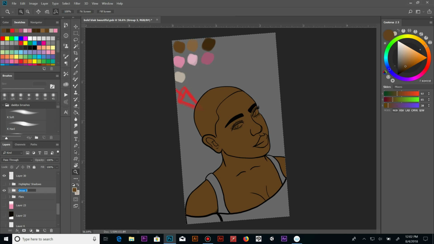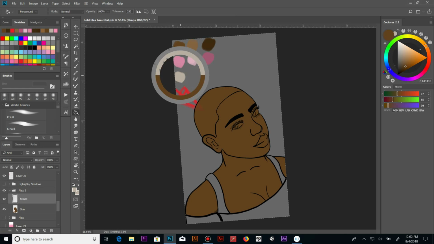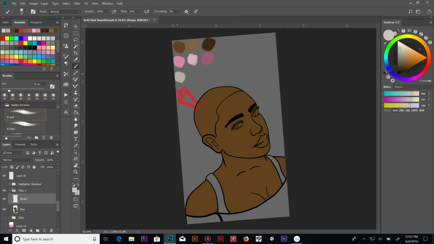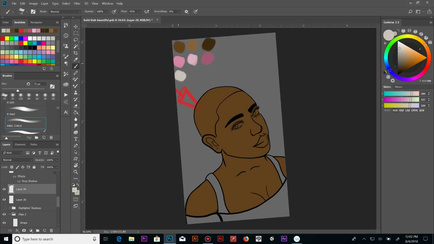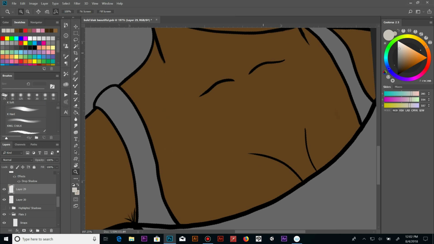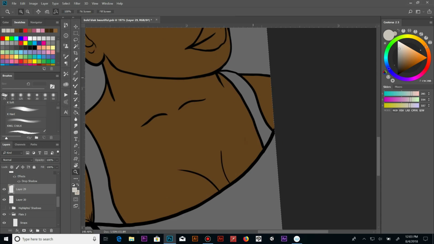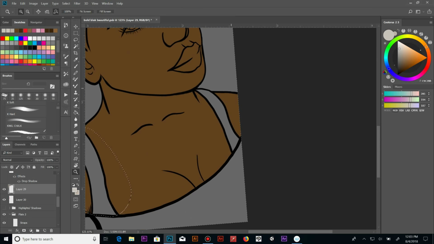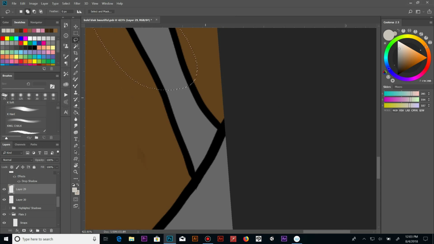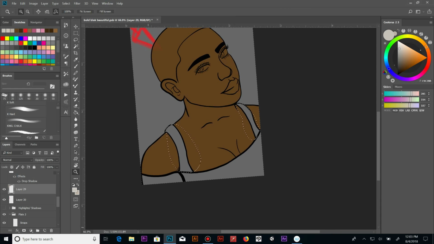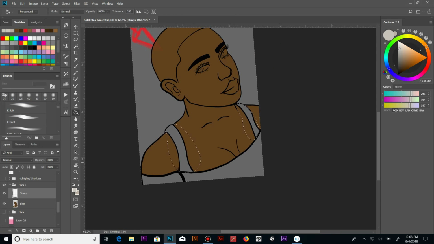So now that we got the skin taken care of, we can go and do the clothes. We're going to go ahead and get the shoulder straps, which is going to be the white color that we got selected, and make it a little bit whiter. And then I'm just going to make sure I don't go over the edges or don't go onto the shirt. And I don't care about going over the skin. I'll make my lasso tool selection over that. And then I'll just go and grab my paint bucket, grab the color I want, drop it into that selection,